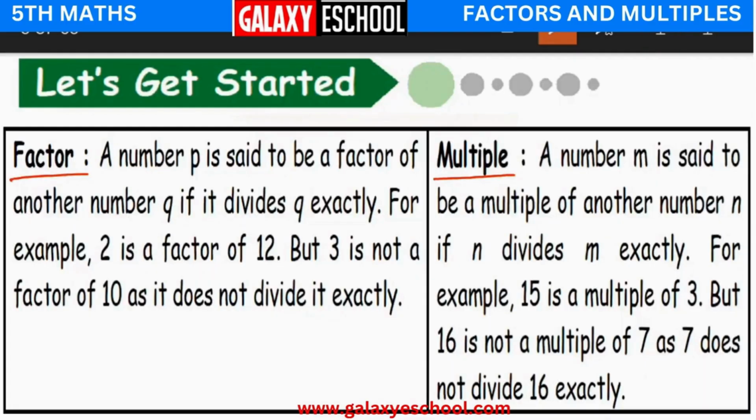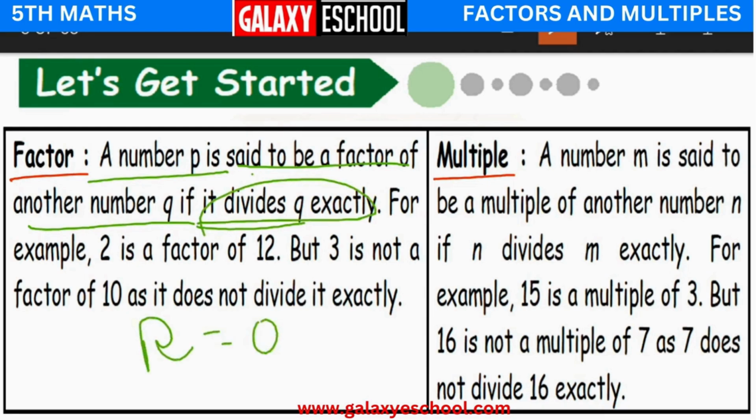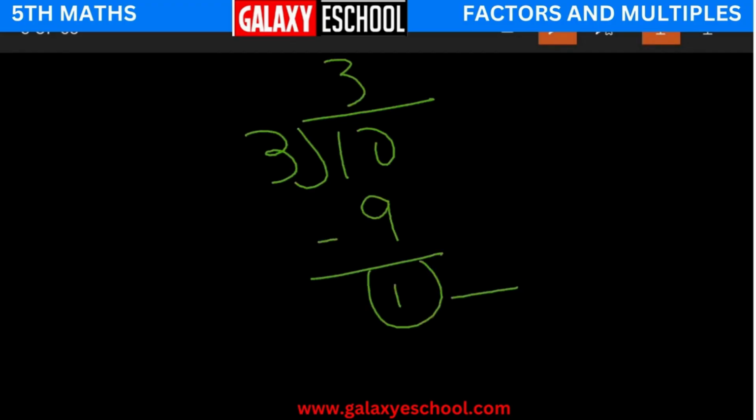Clear with the concept of factors, children? A number p is said to be a factor of another number q if it divides q exactly. What does it mean, divides exactly? The remainder should be 0. See, 2 is a factor of 12, but 3 is not a factor of 10. Let us see. 10 divided by 3. Yes, we have 3 threes are 9, and when we subtract, 1 will be remaining. So is our remainder 0 here? No. The remainder is not equal to 0. So what can we